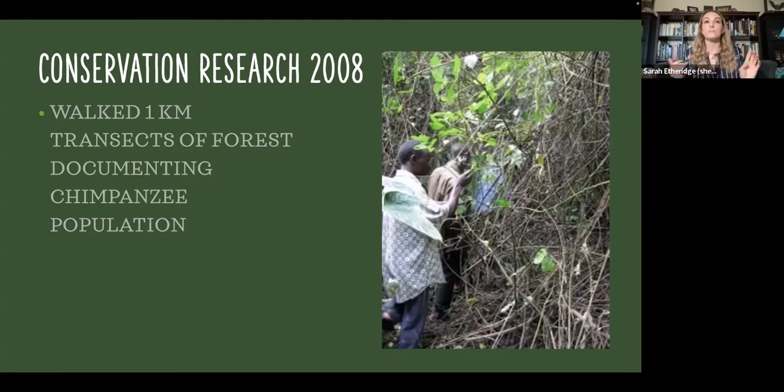could include seeing chimp nests in trees, because chimps and gorillas go up into the trees at night, fold down branches and make a nice little bed of leaves to sleep in. It could be evidence of food. It could be footprints, and it could be hearing them or actually seeing them. Any of those things we plotted down to see how many chimps we think were in that area. So you would walk through this, chopping at it with a machete.